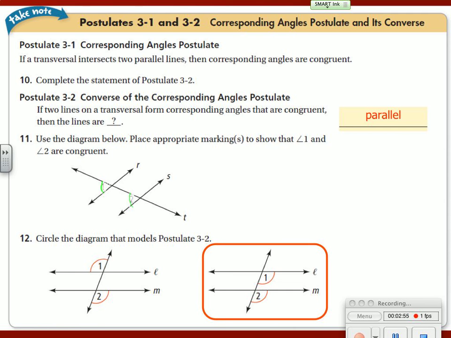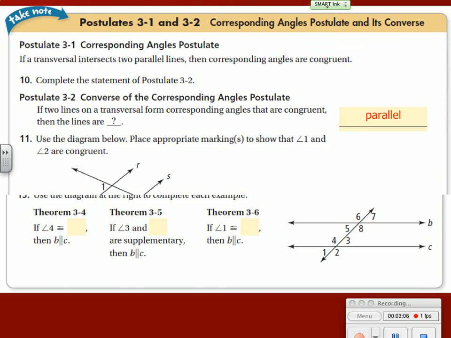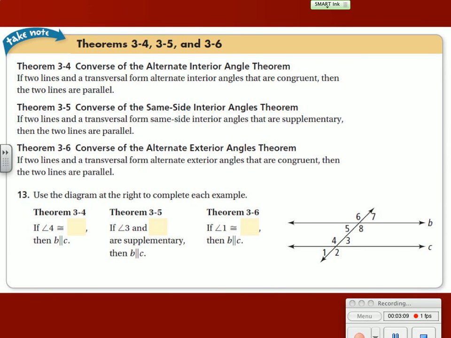Now we want to circle the diagram that models postulate 3-2. Angles 1 and 2 in the first diagram are alternate exterior angles, so the diagram we want to circle is the second diagram. Let's continue on. Just like we had the converse of postulate 3-1, we have the converse of the other theorems that we